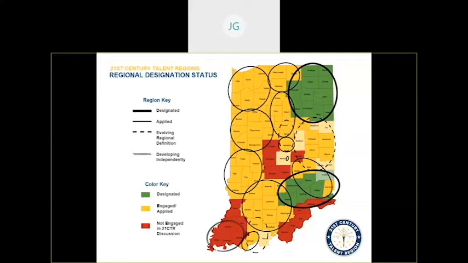The yellow, you'll see there are a couple different types of lines. One is a heavy line, and one is a dotted line. The heavier line indicates all those counties were originally included in an application, and dotted lines just indicate how a region may be developing out from what an original application may have included. So those are some of the big background pieces on how the data display is helpful for the 21st Century